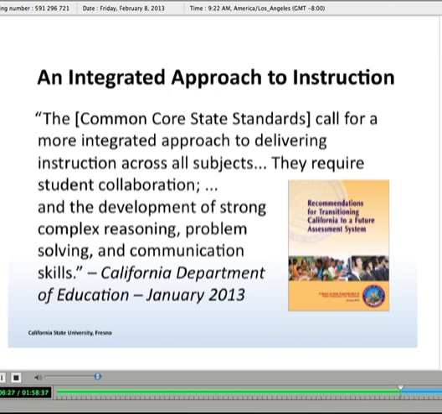and performance tasks. And here you see an excerpt from the volume's introduction, noting that, as we've been talking about, the Common Core state standards call for a more integrated approach to delivering instruction across all subjects. And on the next slide,